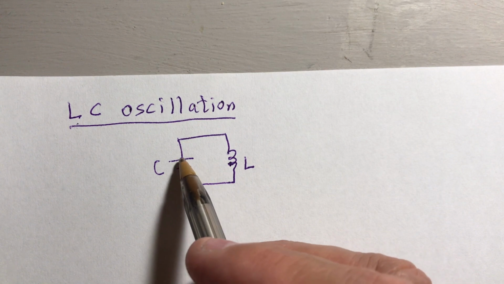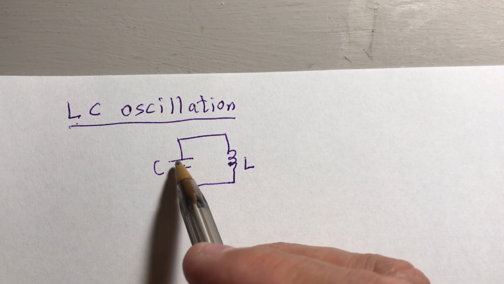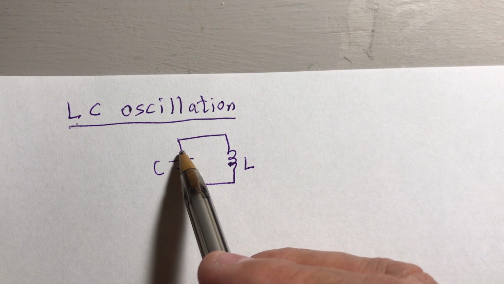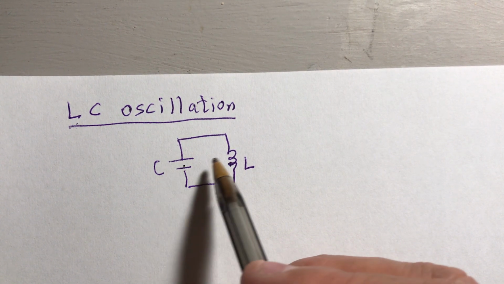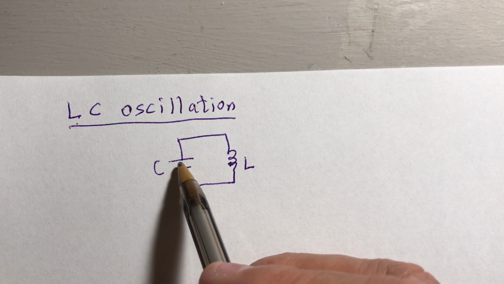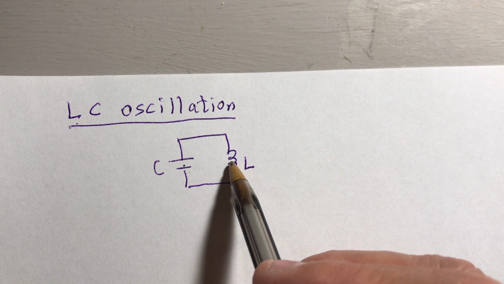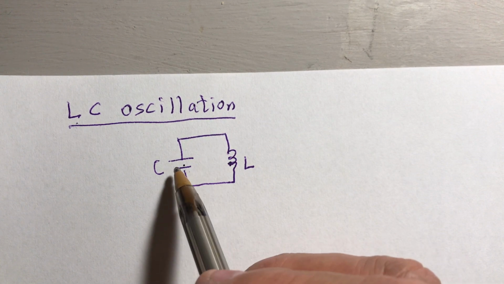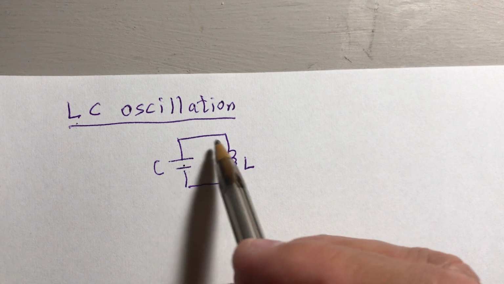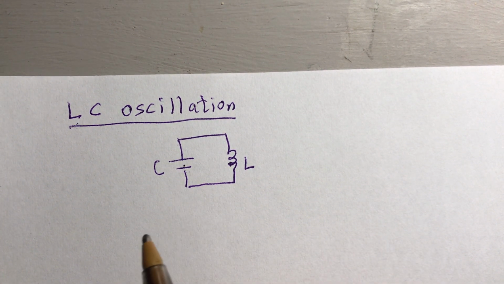When this one is charged, at a certain point you can have all of the energy here and no energy here. And the total energy will be here. Sometimes the total energy will be there. So what happens is you have this back and forth energy transfer. So what we do